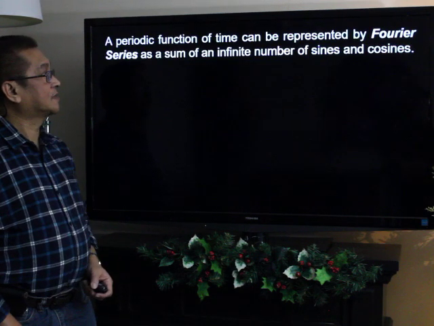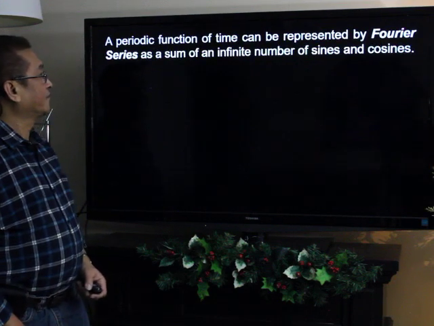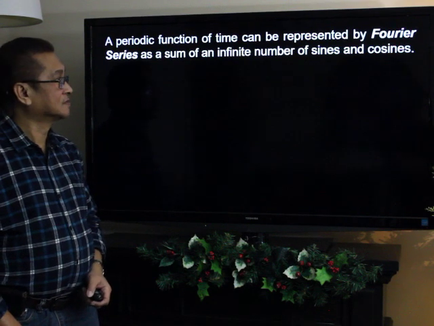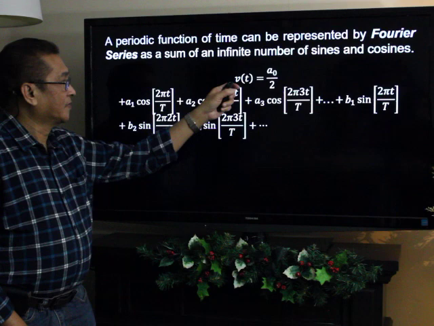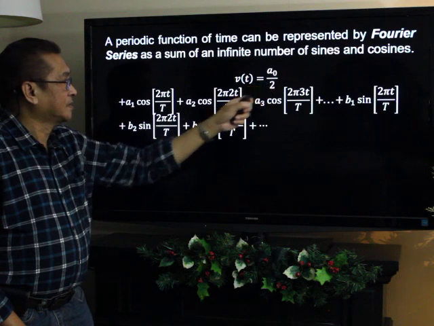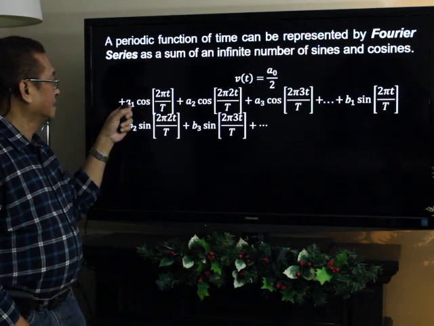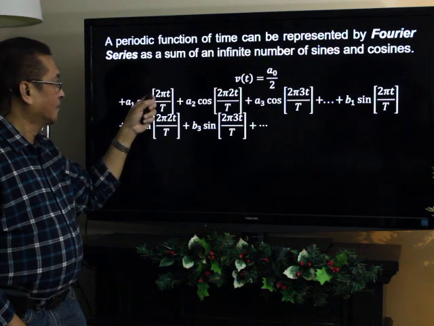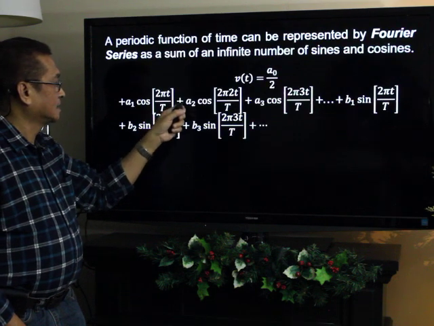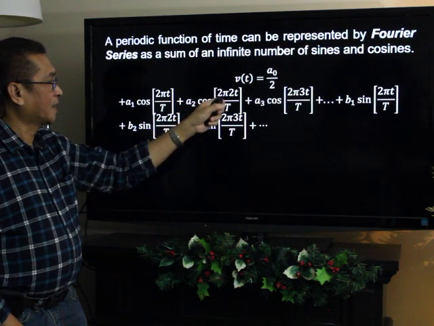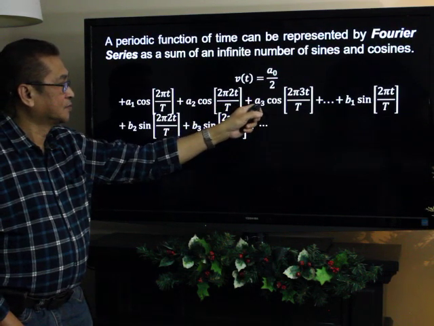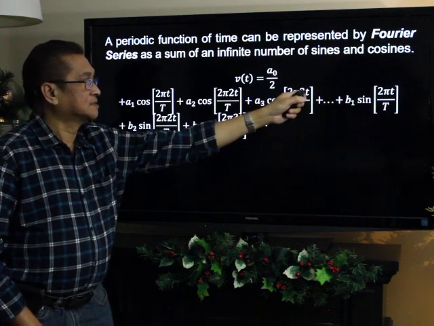A periodic function of time can be represented by Fourier series as a sum of infinite number of sines and cosines. So we have the velocity as a function of time. We have the first term, a sub 0 divided by 2, and the second term here is a sub 1 cosine of 2 pi t, where small letter t is the time, divided by the period, plus a sub 2 cosine 2 pi 2 times time, divided by the period,